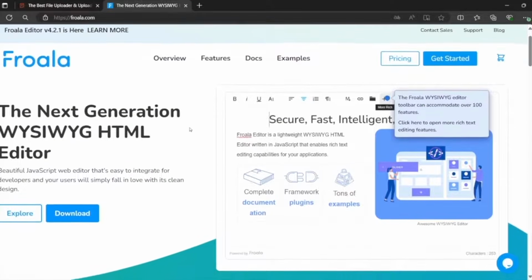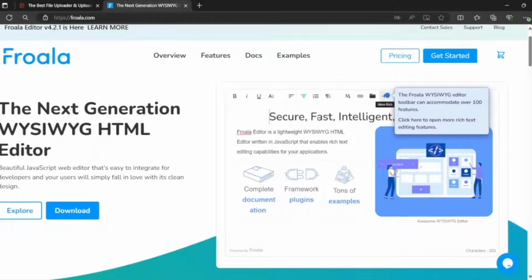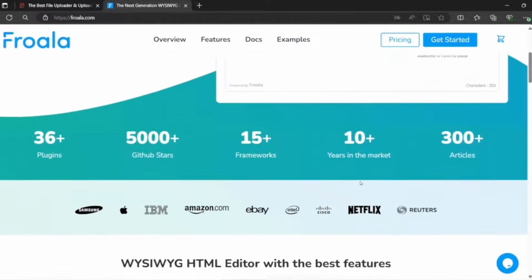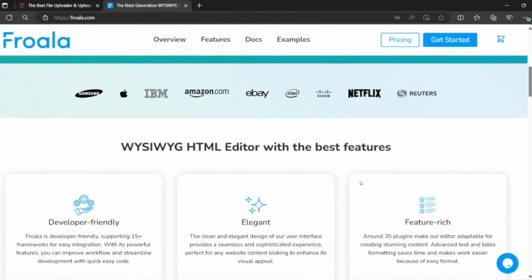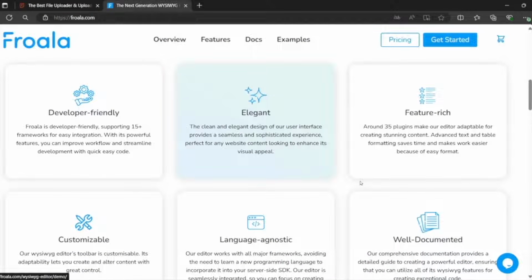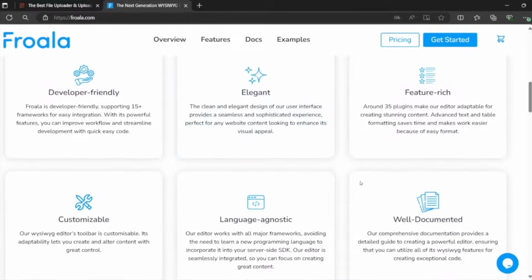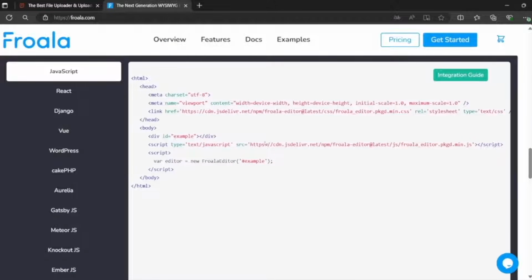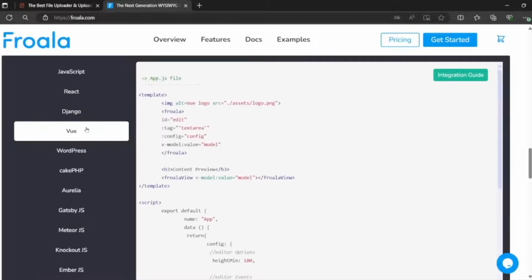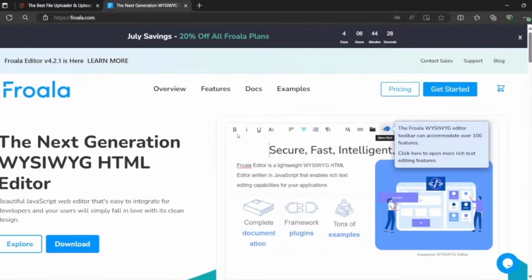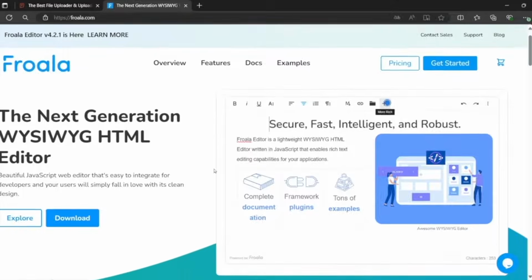And now let's talk about Froala. Essentially, Froala is a rich text editor that has revolutionized how we create and edit web content. Froala is a JavaScript-based editor known for its clean and elegant design, offering an intuitive and smooth user experience. One of Froala's key advantages is its ease of integration, compatible with over 15 frameworks, including React, Angular, and Vue. Froala fits seamlessly into a development environment, making it easy to create content without needing to learn new technologies. Additionally, its toolbar is fully customizable, allowing developers to tailor the interface and functionalities to the specific needs of their